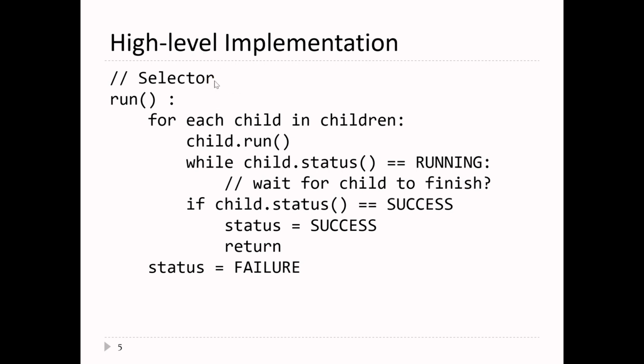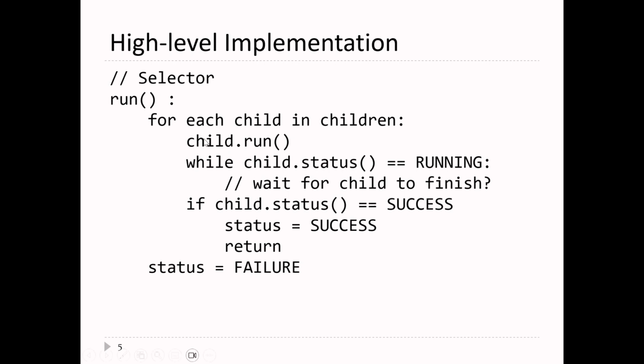So when you run a selector, it runs its child tasks in sequence. Runs the first one, then runs the second one, runs the third one. And a selector chooses the first child task that succeeds. So conceptually, all you need to do to implement this method is to run each child. So for each child that the selector task has,